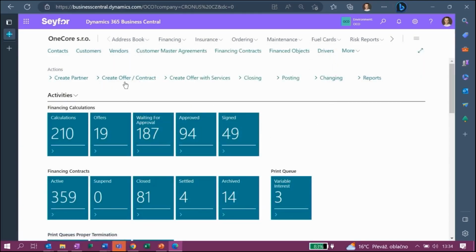Another is for creation of an offer or contract. It's the same process. The system is just asking me some questions, and I'm just choosing and filling in the forms, or filling in parts of the questionnaire. And last but not least, we have here some groups which are called posting, closing,